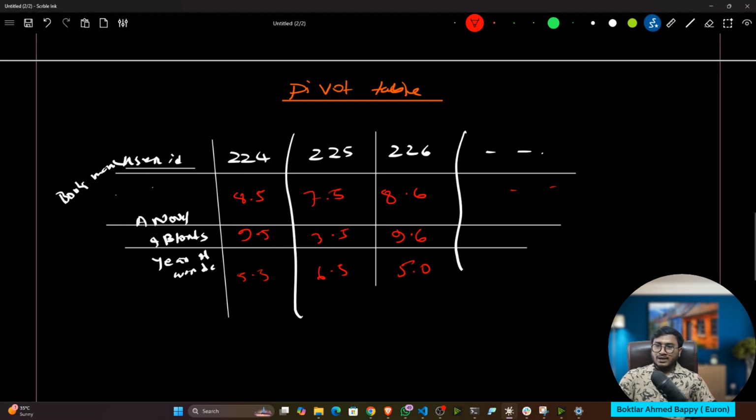Now, can anybody tell me what is the relationship you can see? I told you about collaborative filtering. What does collaborative filtering do? It collaborates with different users. Now, if I want to get a recommendation with respect to the user's interest, how can I get it, guys? Can I say that, let's say, this 224 user and 226 user have the same interest? Yes or no, based on the ratings? Yes or no, guys? Tell me.